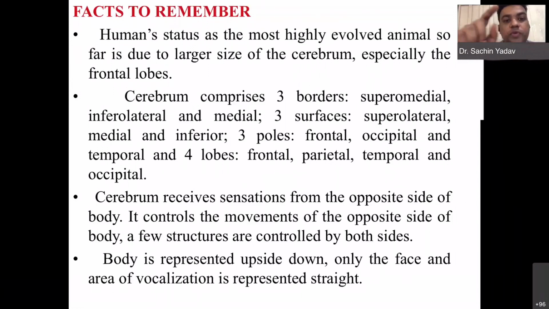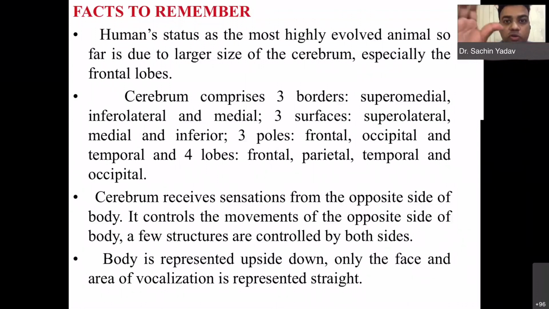Means when you go to the motor cortex and the sensory cortex, that is the precentral and the postcentral gyrus, means primary motor and primary sensory cortex. When you draw the diagrams of the body on this, controlled by those particular parts of the cortex, the primary sensory or motor cortex, then it is inverted. Okay, leaving aside face and head, the trunk will be below, the lower limb and upper limb below that, then the body, then the upper limb, and bowel and bladder control, I told you, on the medial side, the paracentral lobule, if you remember. So there is the control.